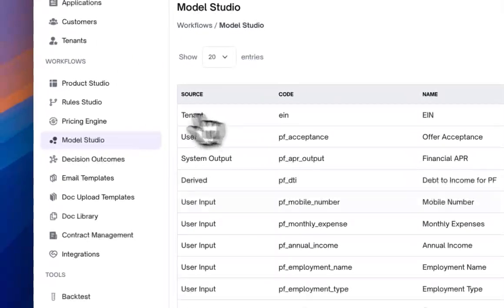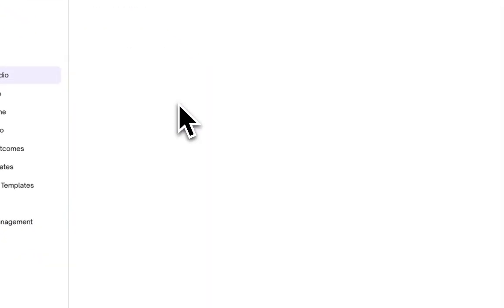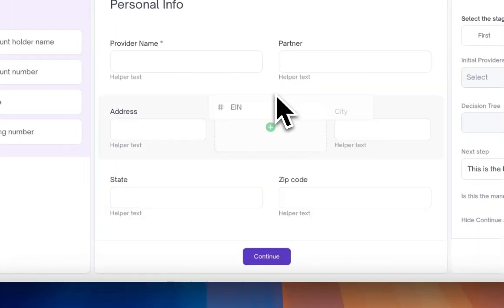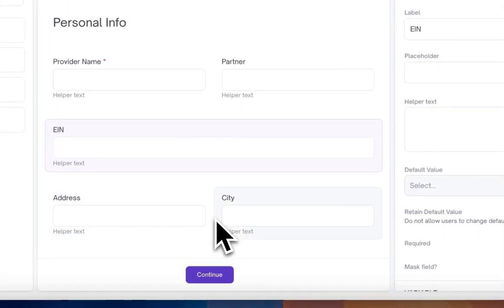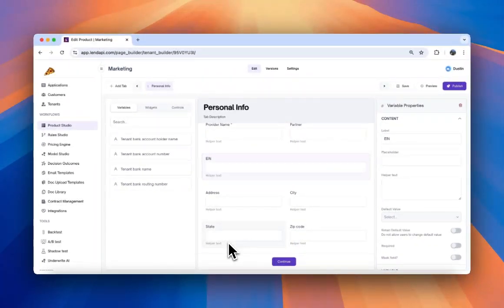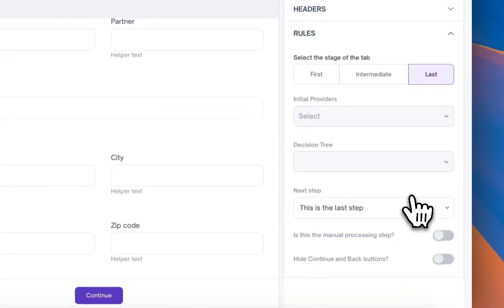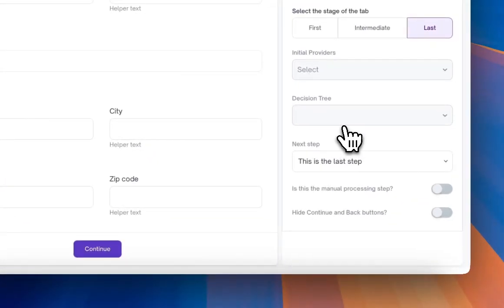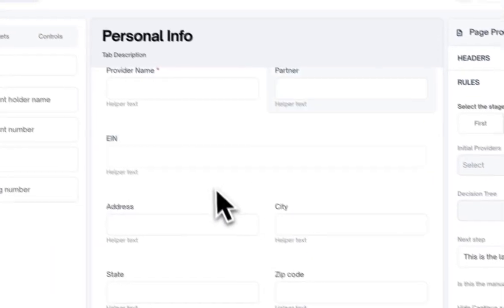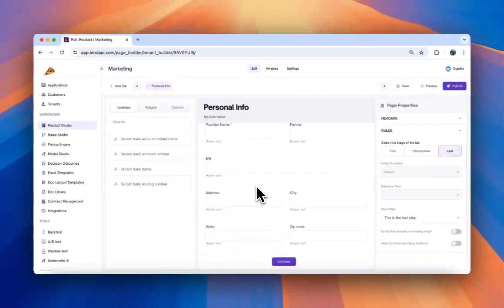So with that, I have my new tenant variable as a source, and I can navigate back into my product and create the EIN and add it into my system here. And you'll see it's exactly the same as mocking up and creating new products into our product studio. The biggest difference, of course, with any tenant is you cannot run decision trees on our tenant variables currently. So for our onboarding flow, tenants specifically are leveraged